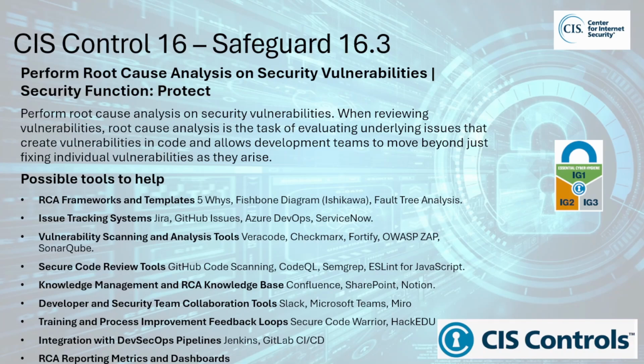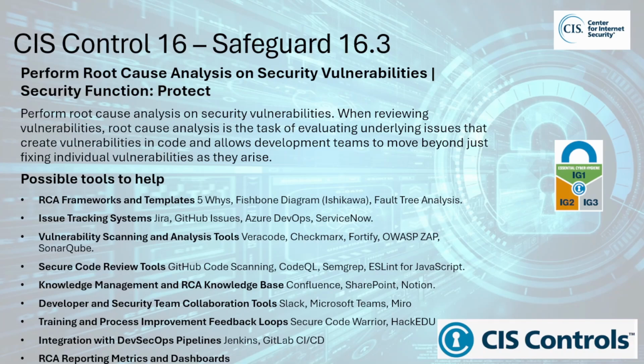software overall. Possible tools to help include RCA frameworks and templates such as common models from 5 Whys, fishbone diagram, fault tree analysis, issue tracking systems such as Jira, GitHub Issues, Azure DevOps, ServiceNow, vulnerability scanning and analysis tools such as Veracode, Checkmarx, Fortify, OWASP ZAP, SonarQube, secure code review tools such as GitHub Code Scanning, CodeQL, Semgrep, ESLint for JavaScript, knowledge management and RCA knowledge base, for example SharePoint and Notion,